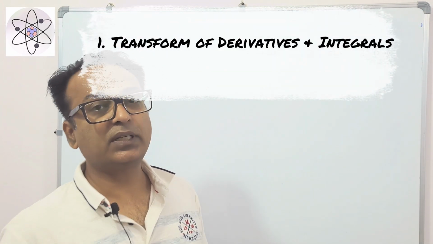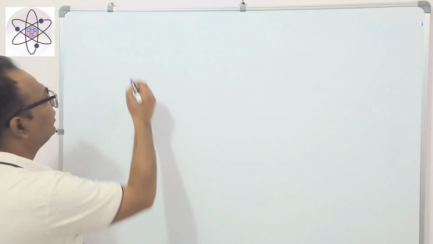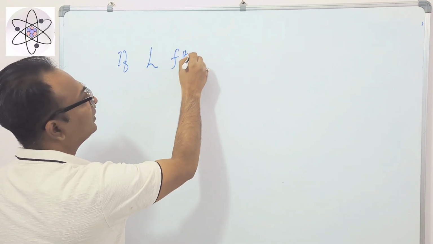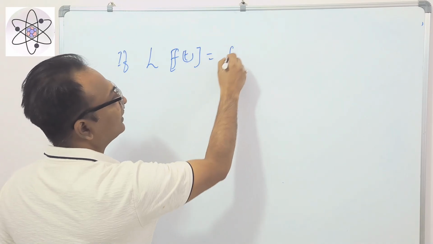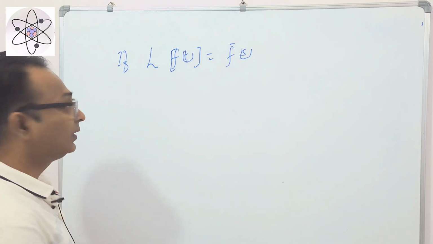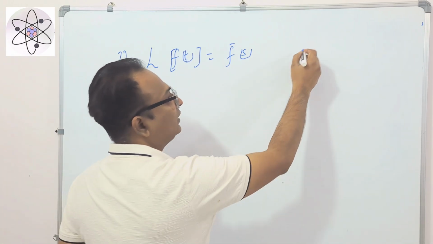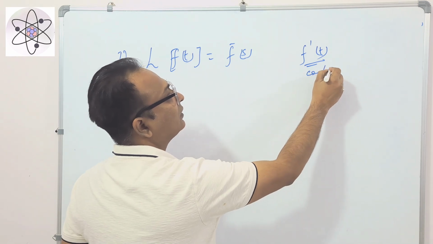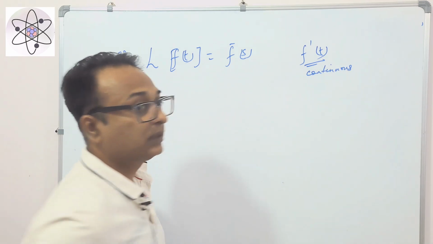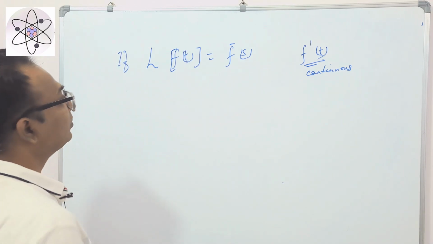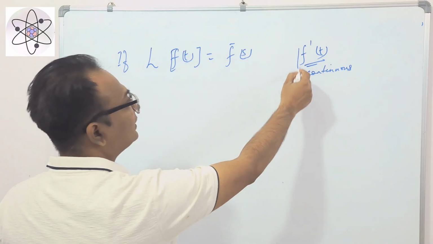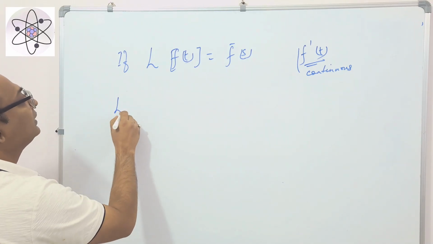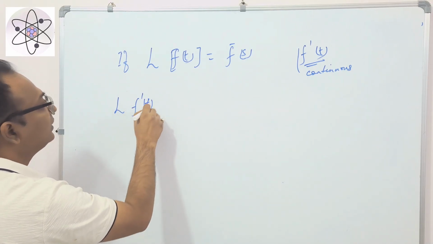We will see the Laplace transformation of derivatives. If the Laplace transform of f(t) is given as F(s), then how do we write the derivative f'(t)? If this is continuous, you know what is limit, continuity and derivability. So if f'(t) is continuous and the Laplace of f(t) is F(s), then the Laplace transform of f'(t),